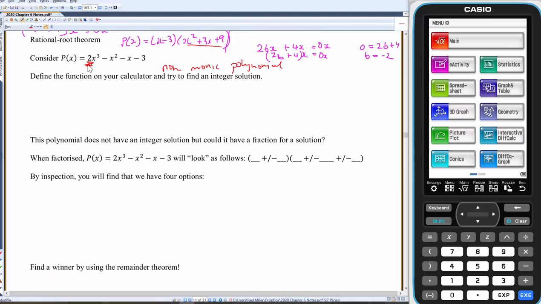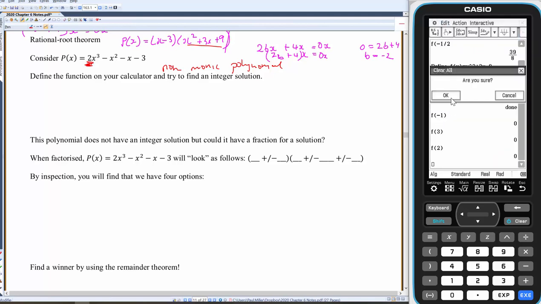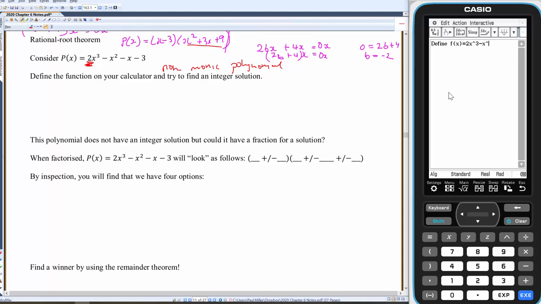Okay, and non-monic means that that's a number other than 1 there. So what we're going to do here is go to our calc and define a function. So define f of x equals 2x cubed, take away x squared, take away x, take away 3. And what I'm going to do then is slam in values that are factors of 3 to find a